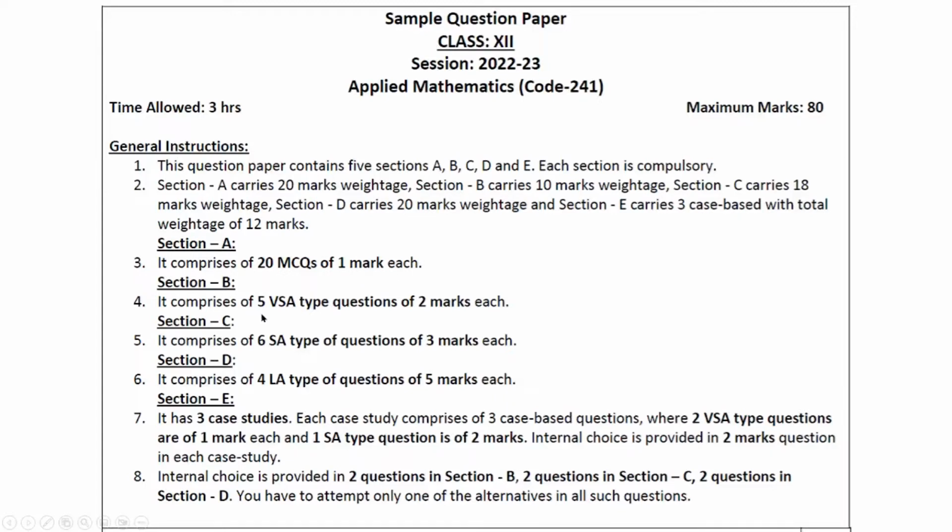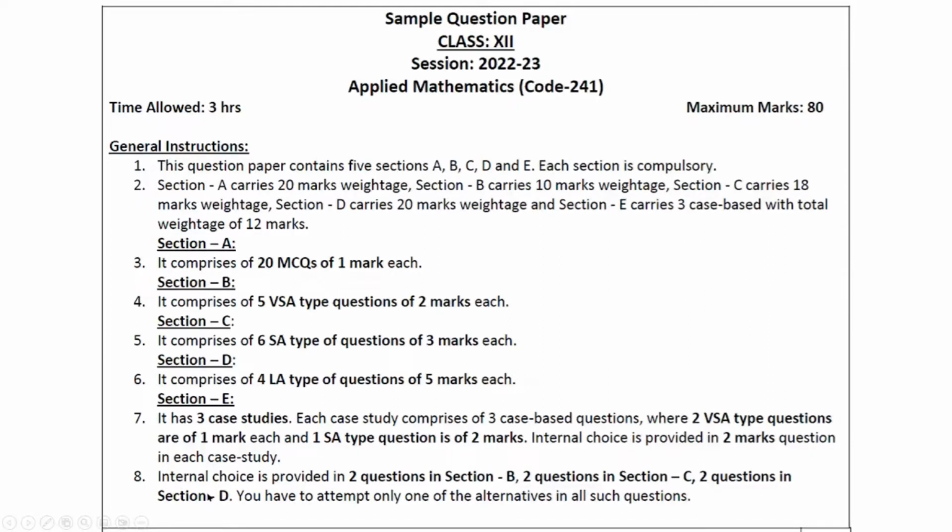Section B comprises 5 very short answer type questions of 2 marks each. Section C has 6 short answer type questions of 3 marks each. Section D has 4 long answer type questions of 5 marks each. And finally section E has 3 case studies, and each case study comprises 3 case based questions, where 2 questions are very short answer type questions of 1 mark each and 1 question is of short answer type of 2 marks. We have internal choice which is provided in the short answer type question in each case